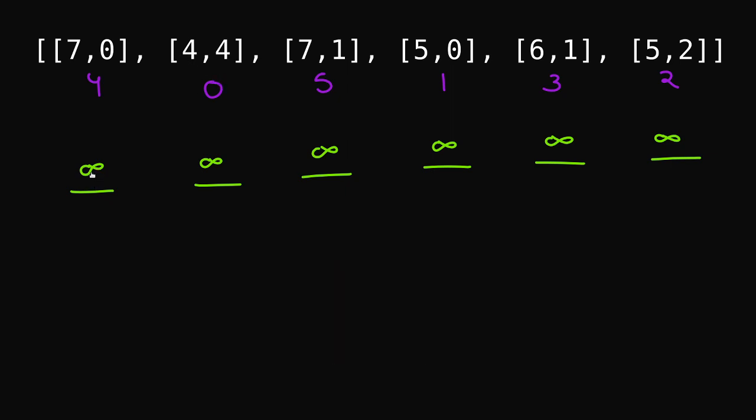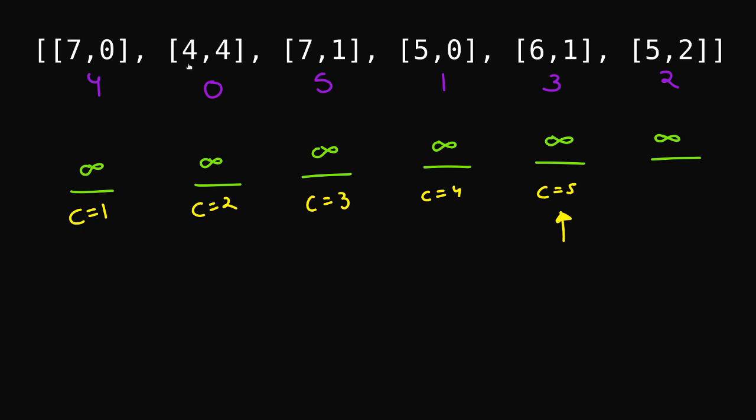Is this person having a height which is greater than 4? Yes. So we have count equals 1 here. Moving next. Is this person having a height greater than 4? Yes. So we have count equals 2. Is this person having a height greater than 4? Yes. So count equals 3. Similarly, count equals 4. Is this person having the height greater than 4? Yes. So we have count equals 5. And this is the position where we should actually place this pair 4 comma 4.